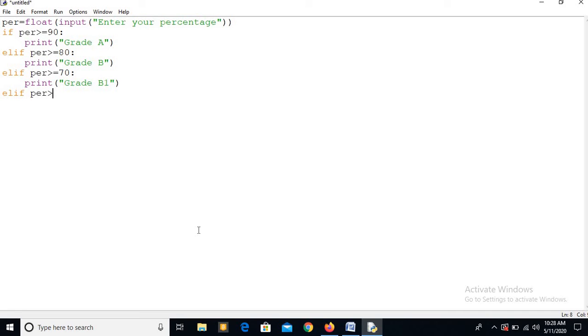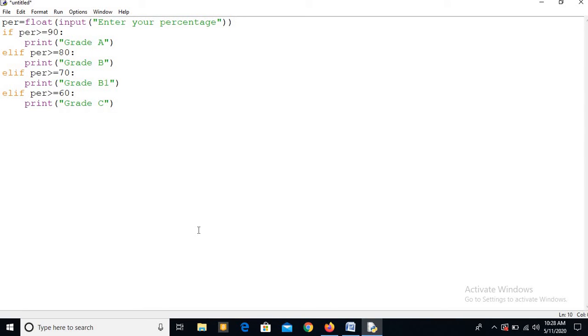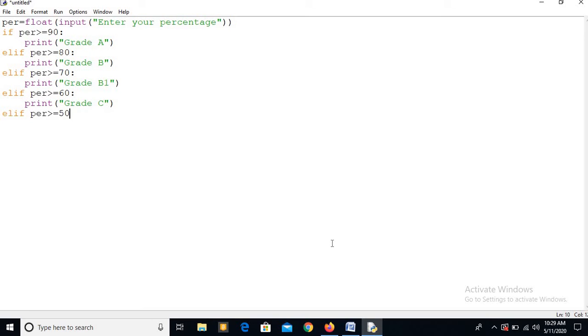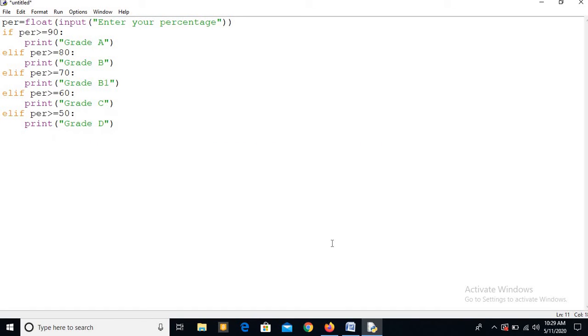So greater than equal to 60, colon sign, print grade C, then elif percentage greater than equal to 50, colon sign, this colon sign is mandatory, then print grade C1.